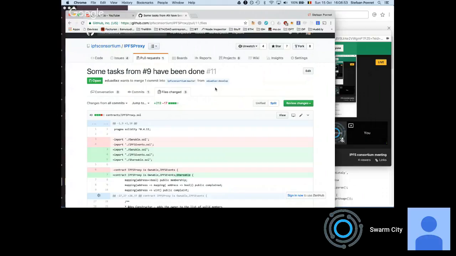So maybe I'll let him finish that, and then I'll take one step back and explain in a few short words what the goal of the IPFS consortium is. So maybe you can also pitch in what you're interested in, Thomas, and where you want to see it evolve. So maybe I'll give the word back to Eduardo first.